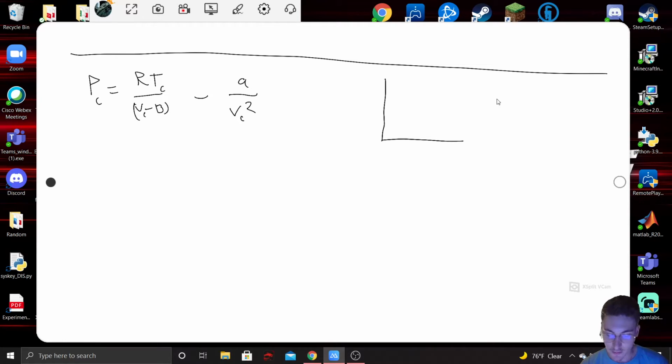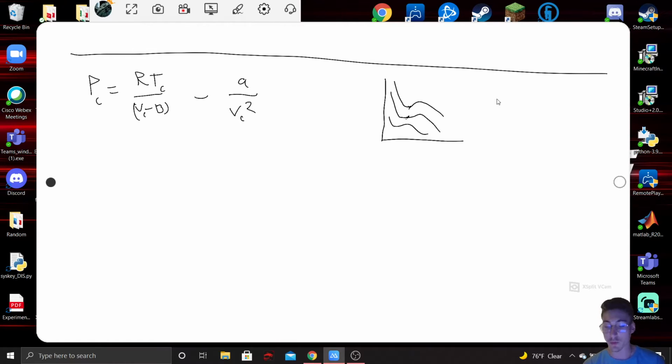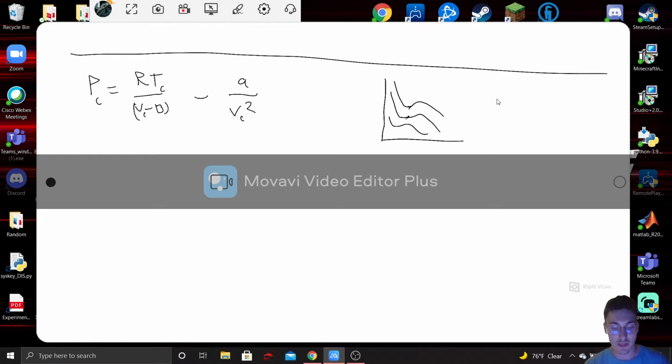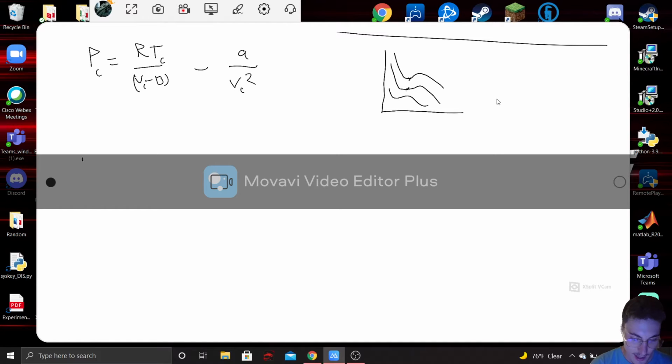So if we look at a graph of critical temperatures, critical pressures, and critical volumes, it usually looks something like this. And if we want to get one certain point on that graph, we would use Van der Waals equation of state. But you need to pass in certain A and B values for whatever gas you are using, and we can easily solve for that. So if we start off by taking the equation and we derive it, so the first